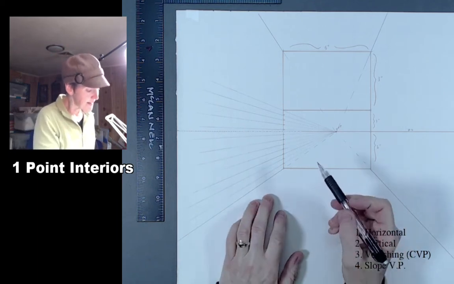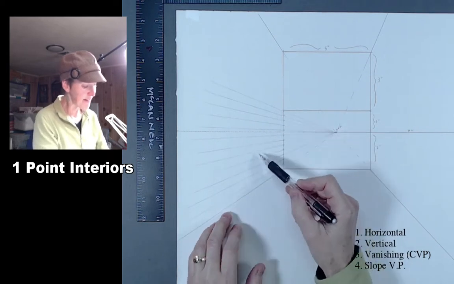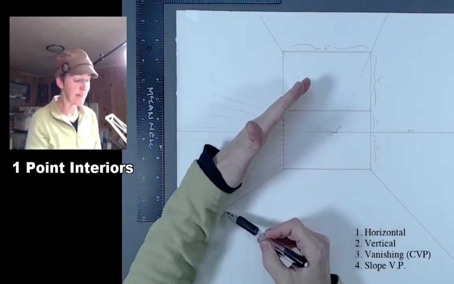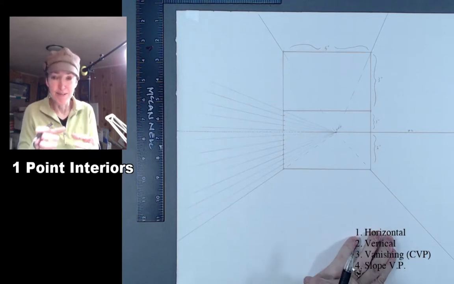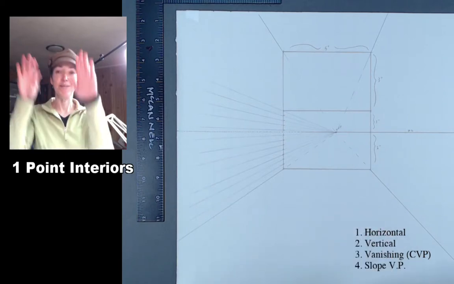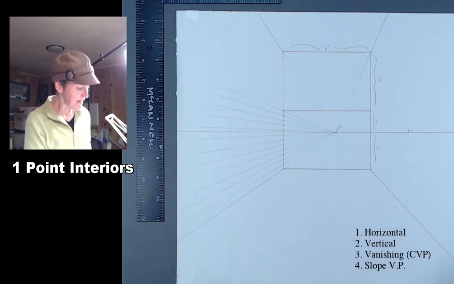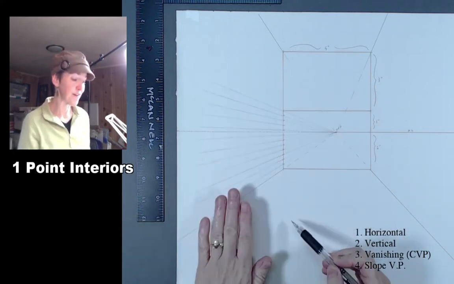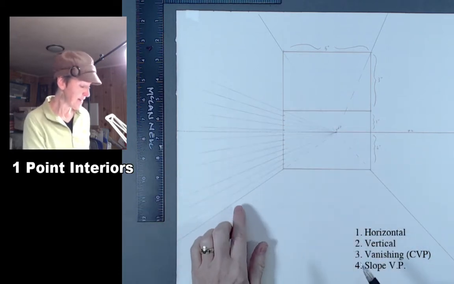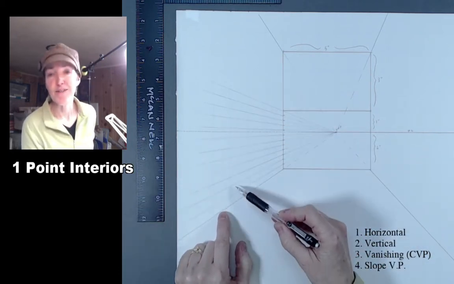So we're going to estimate what we want the slope of that staircase to be. If you make it really steep, it would be a really dangerous staircase to walk up, because there wouldn't be enough room to put your feet on the treads, probably, and it would be super, super steep. So I'm going to try to bring mine out. I know that it'll get a little more distorted because we're getting farther and farther from our eye level, but I do want to try to extend the steps out far enough that we can draw them at a pretty